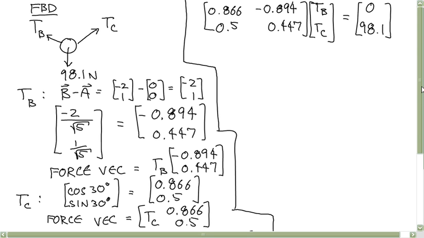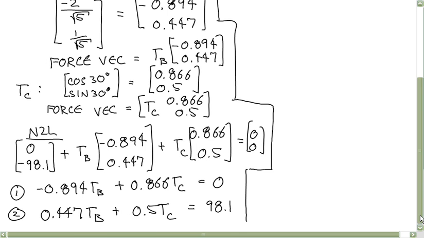So the way you solve it is invert this matrix. There's actually numerically faster ways to do it, but I think the most straightforward way to think about it is invert that matrix, multiply the inverse to the left of this and the left of this, and you come up with your solutions. You don't have to know what's going on behind the scenes. You just have to use your calculator to do it. But so if you plug this into a simultaneous equation solver, it just spits out that TB is equal to,